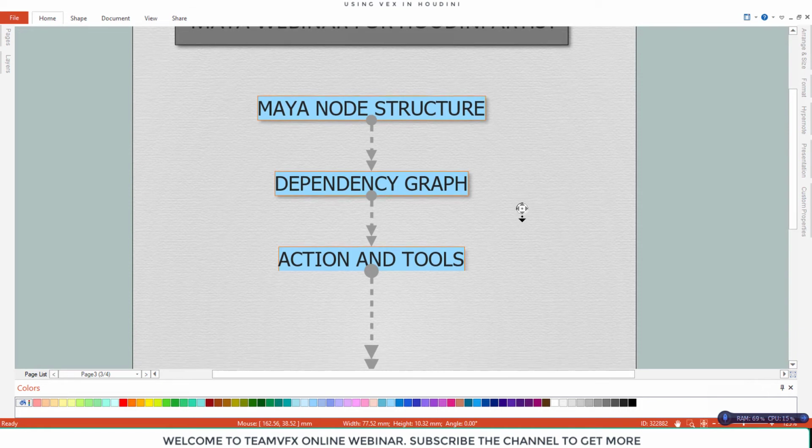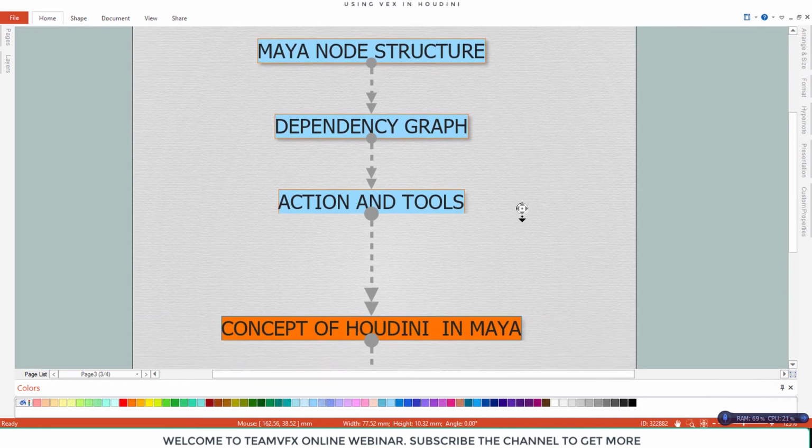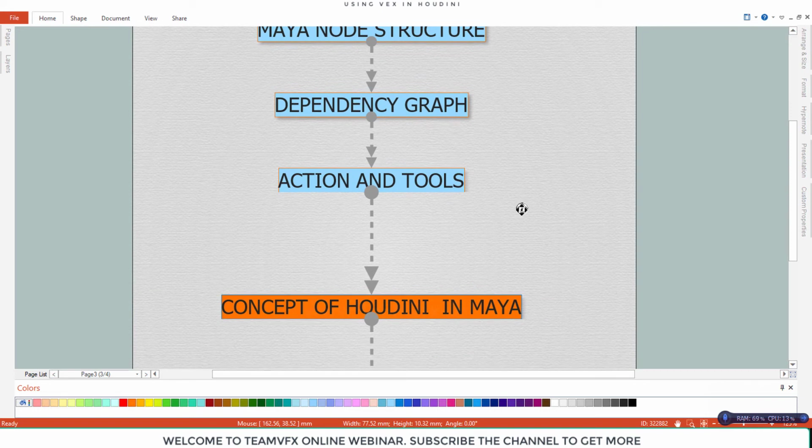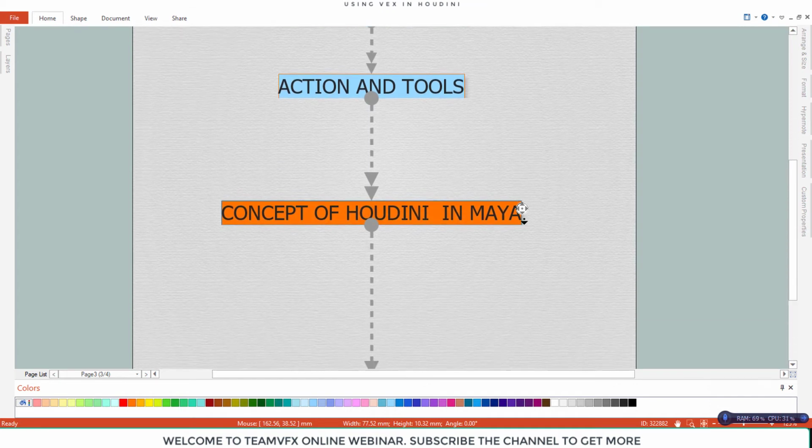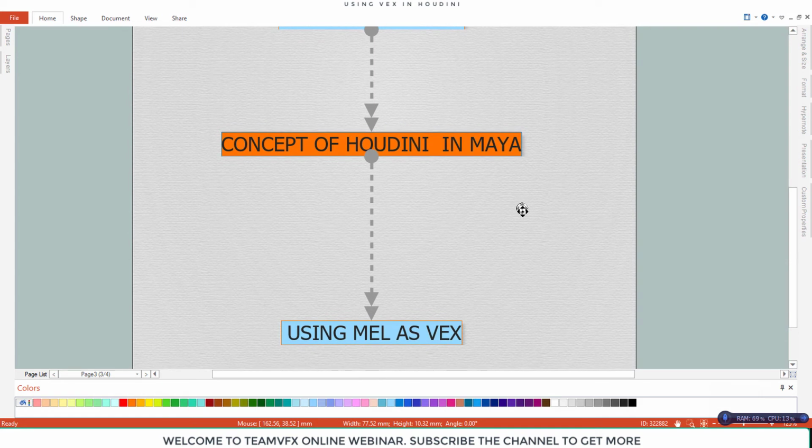Then we will learn the action and tool, that is the main concept of Maya structure, how Maya's menus and options run. And then we will learn the concept of Houdini in Maya, how we can implement our copy to points concept in Maya to populate the grass, pebbles or rocks, anything which you like.